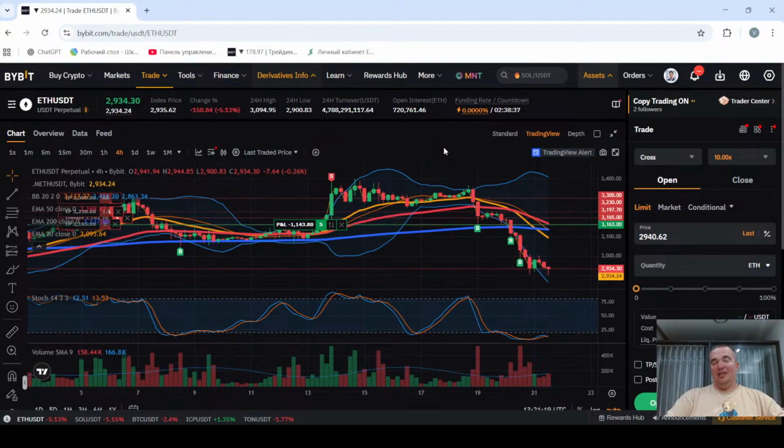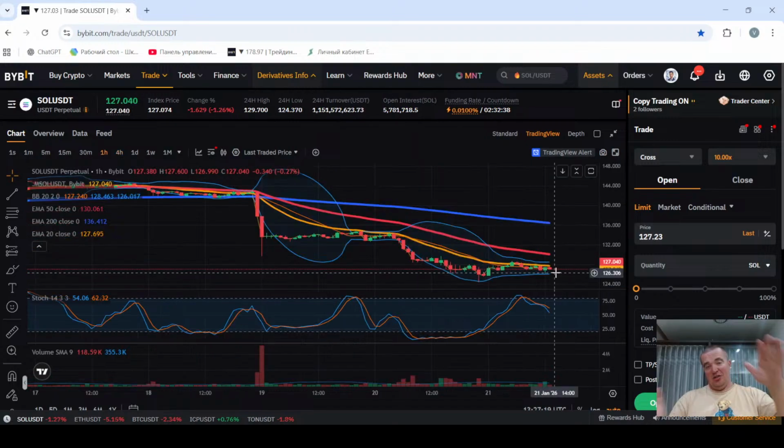You know, when the American session opens, it's very often possible to have a burst of sideways movement, like a needle up, needle down, and then we will see. So as I say, the market is consolidating, and you can see it very clearly on the 1 hour chart. You see the Bollinger Bands are very narrow, and it means that volatility is very low. It means the market is waiting, like